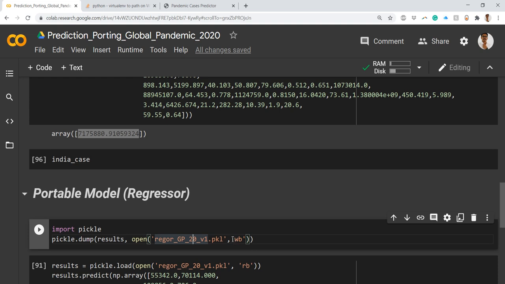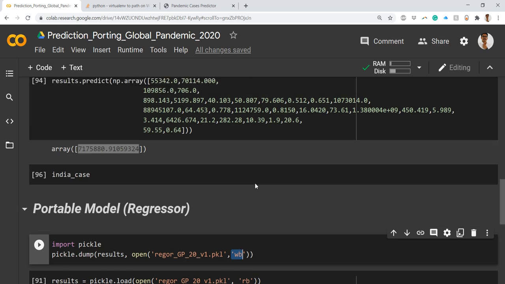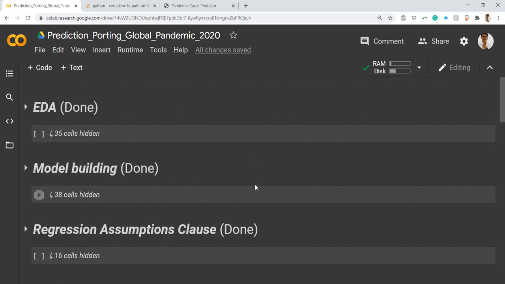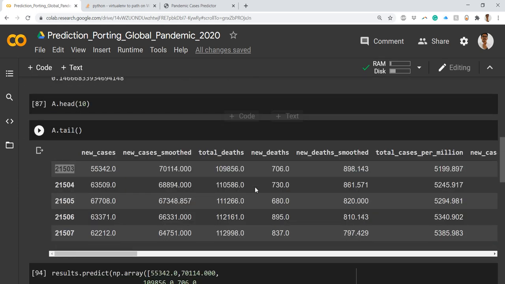What you see after this is WB. WB stands for write binary. When you dump onto a pickle file, it will be in a binary file. You won't see the code that you see on this notebook or what you have done there.